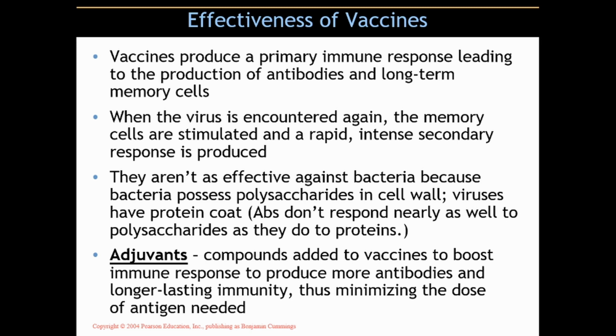Aluminum salts are the ones that are used most frequently today. Some of them are inorganic compounds and some of them are organic compounds that are added to vaccines. It produces a stronger and more intense immune response. You get more antibodies generated, longer lasting immunity, and so one dose or fewer doses, at least anyway, is the benefit from adding these adjuvants to these vaccines. So these are compounds outside of the actual pathogen itself that are being artificially added to the preparation of the vaccine, to get a better immune response.